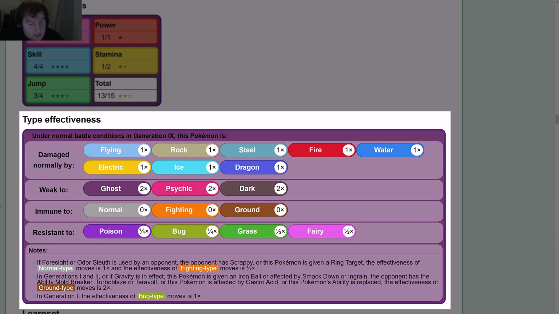Notes: if Foresight or Odor Sleuth is used by an opponent, the opponent has Scrappy, or this Pokemon is given a Ring Target, the effectiveness of Normal-type moves is 1, so it would go from 0 to 1, and the effectiveness of Fighting-type moves is half, so it would go from 0 to half. In Generations 1 and 2, or if Gravity is in effect, this Pokemon is given an Iron Ball, or is affected by Smack Down or Ingrain,